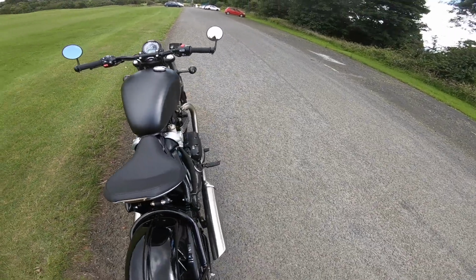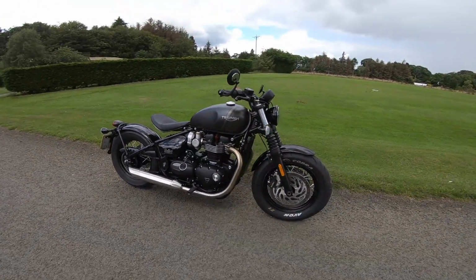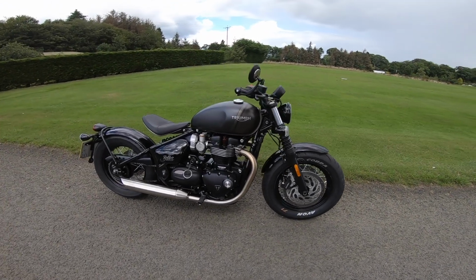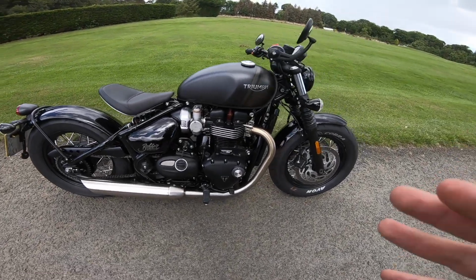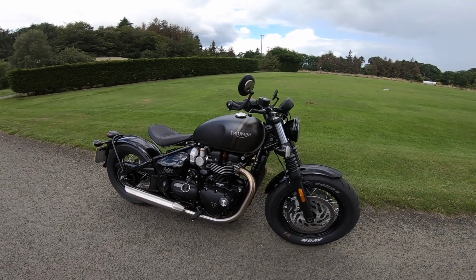Goodness. Oh, this bike. Oh, the Triumph Bobber is just pure sexiness. Just so cool. So damn cool. So this is the 2023 Triumph Bonneville Bobber with the